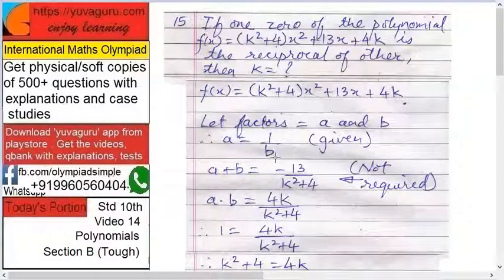Okay. What is next? Now for the equation ax^2 + bx + c, the sum of the factors is always, as we have seen in our earlier videos, minus b upon a. That is minus 13 upon k^2 + 4. Right? Okay. Next, a into b is what? c upon a. So 4k upon k^2 + 4. Now remember, these two are the general, meaning accepted or proven, rules. But a + b = -13/(k^2 + 4) is not required for our problem. We only require this because there is a multi